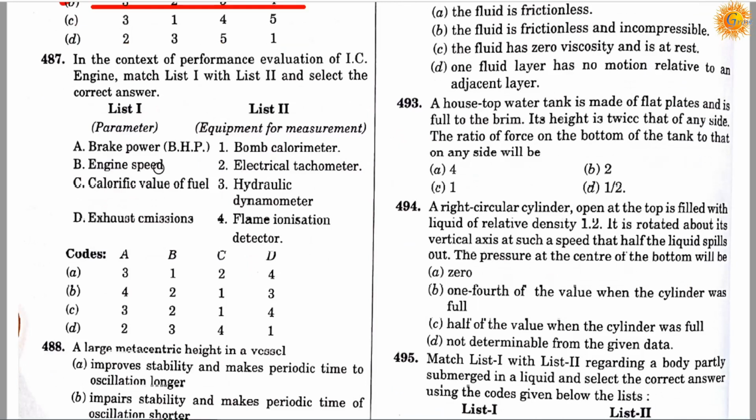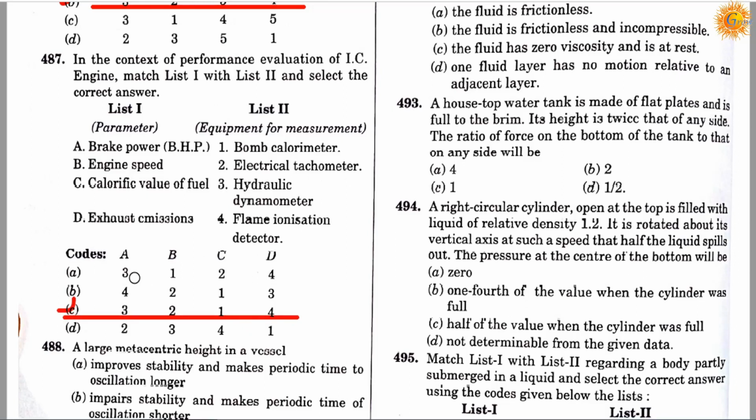In the first list are brake power, engine speed, calorific value of fuel, and exhaust emission. In the second list are bomb calorimeter, electrical tachometer, hydraulic dynamometer, and fourth is a flame ionization detector. So the correct answer is C, and according to C it will be